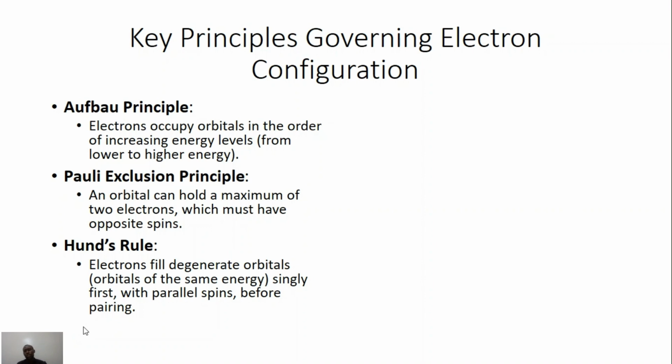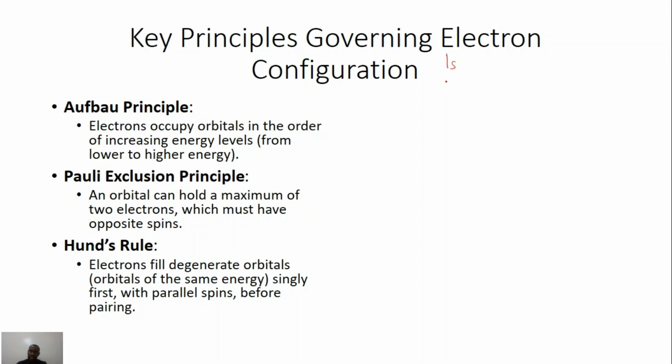Now, the first principle is that electrons fill the orbitals in the order of increasing energy level. They usually occupy the orbitals in the lower energy level before moving to the higher energy level. Let's try to understand what this is saying. The energy level